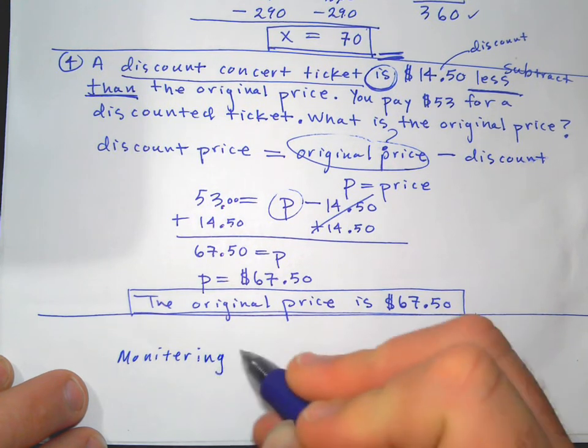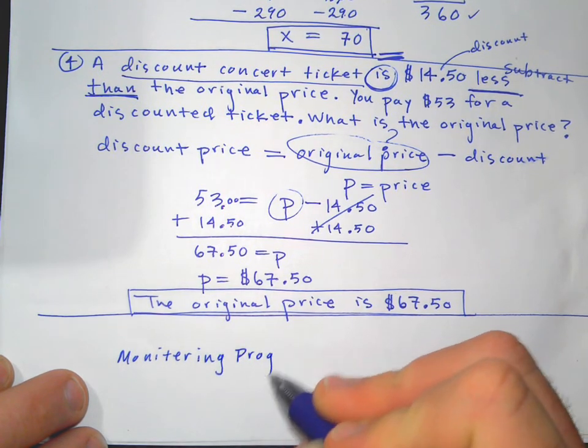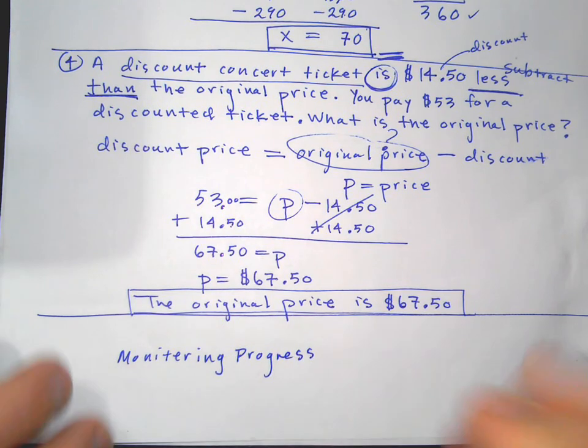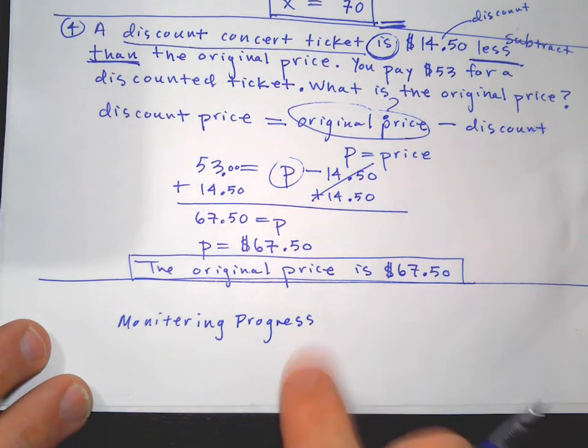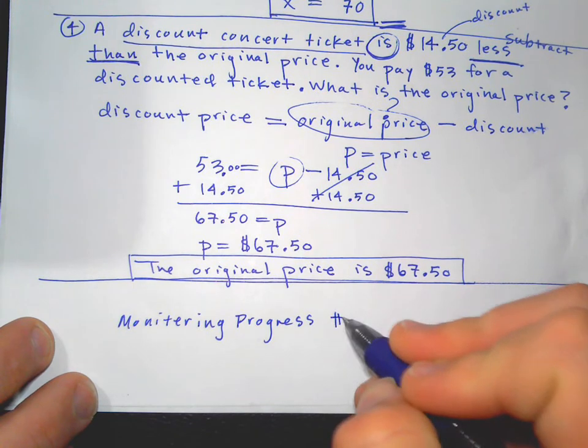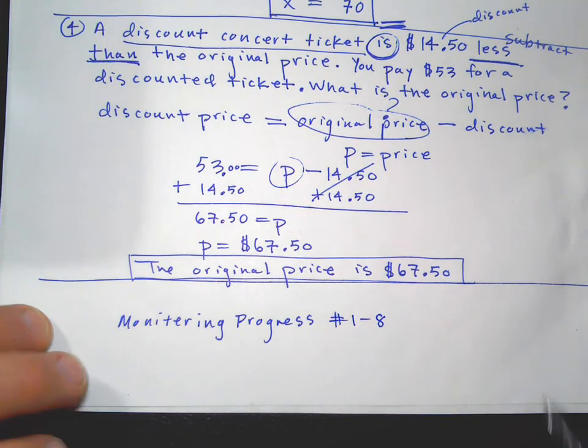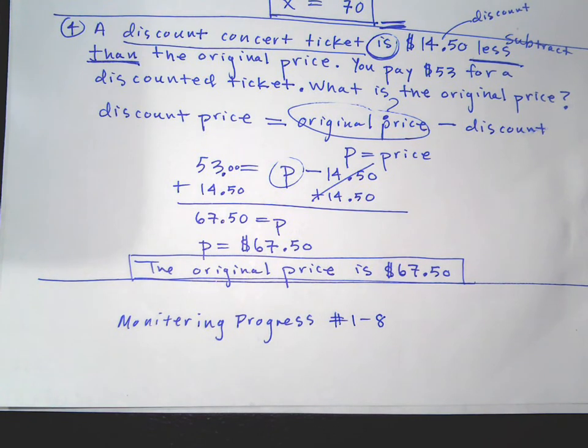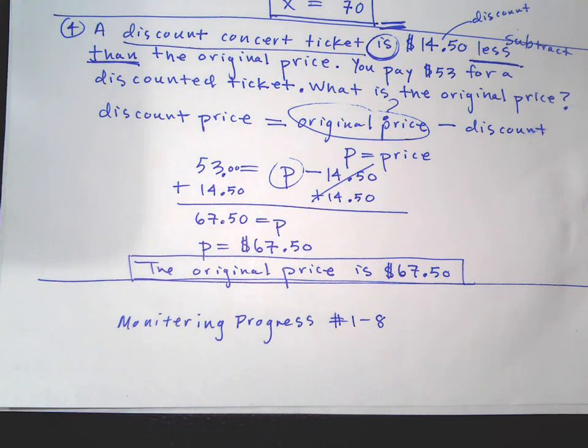monitoring progress. You could do these on the back of your notes if you want. Okay, on the back of this page, you could do monitoring progress, problems 1 through 8 in your book. So look online through Clever, Big Ideas, the dynamic ebook, and these are going to be at the bottom of each of these pages. You need to write the problem numbers. You need to write the problems, show your work, box your answers, write your name at the top, and then you will be uploading that